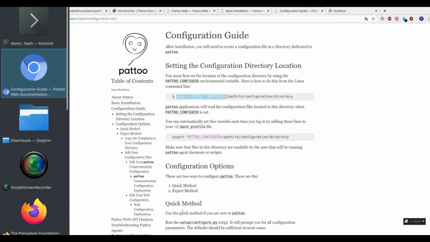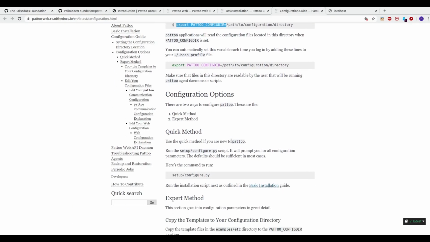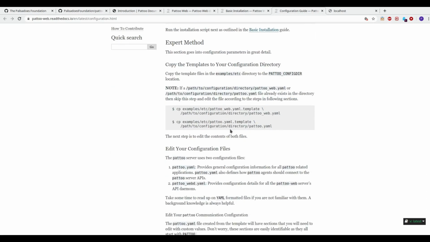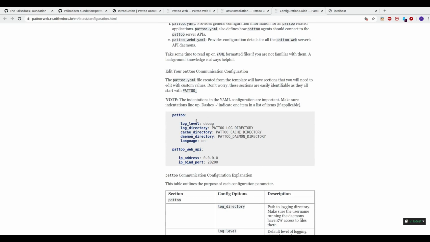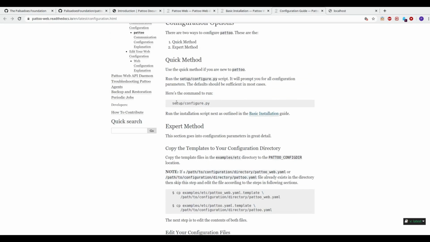Okay, so now the next step is to figure out how to do the configuration. Before we do installation, we set up some basic configuration parameters. We do that through one of two methods. There's a quick method and there's an expert method. The expert method will tell you how to configure all the various configuration parameters inside the Pattoo configuration file, but we don't need to keep track of all of that because fortunately for us, we have a quick method in which we run this particular command, the